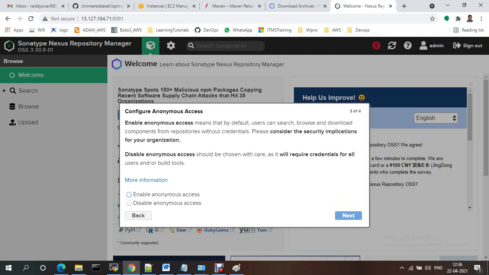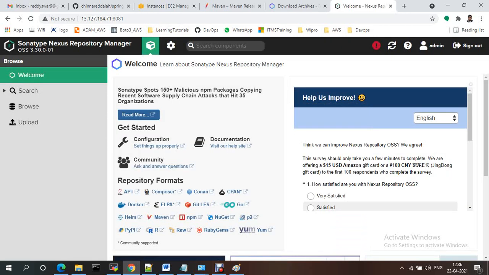Next, I'm disabling anonymous access. If I disable anonymous access, everyone needs to be connected with a username and password. If you select this one, by default it should be able to open. Okay, it is finished. Now when you go to the repository,